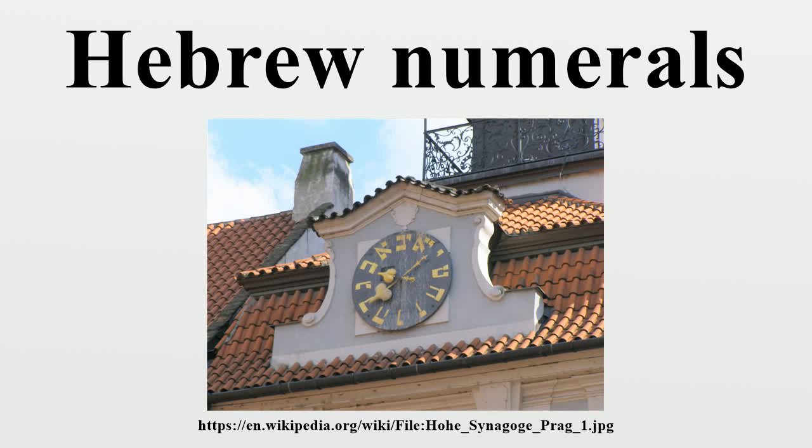The system of Hebrew numerals is a quasi-decimal alphabetic numeral system using the letters of the Hebrew alphabet. The system was adopted from that of the Greek numerals in the late 2nd century BC. It is also known as the Hebrew alphabetic numerals, to contrast with earlier systems of writing numerals used in classical